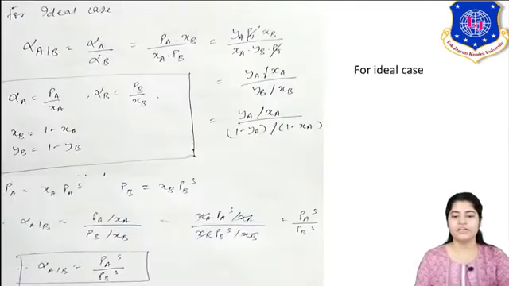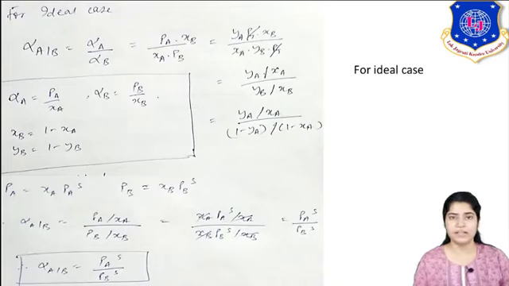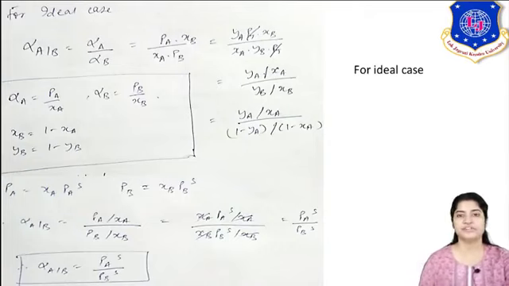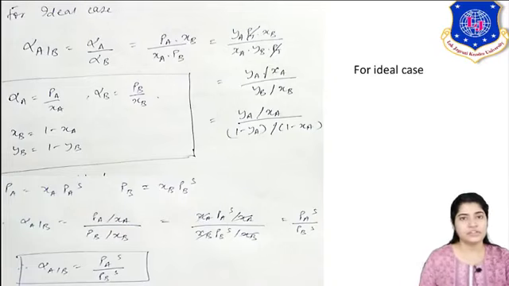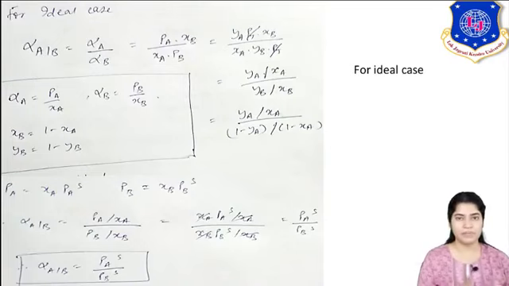Before starting with Raoult's law, you must be familiar with certain equations related to relative volatility. These relations must be learned by heart. First of all, what is the definition of relative volatility? It is the ratio of volatility of A to B. Now, the definition of volatility is the partial pressure of A upon the liquid phase composition, PA upon XA. So learn that first.